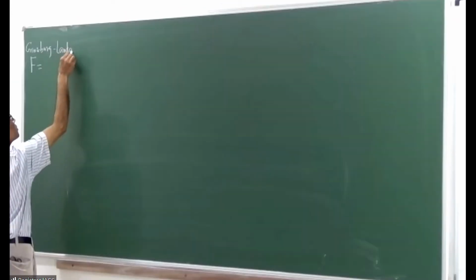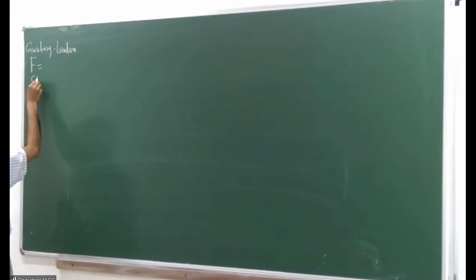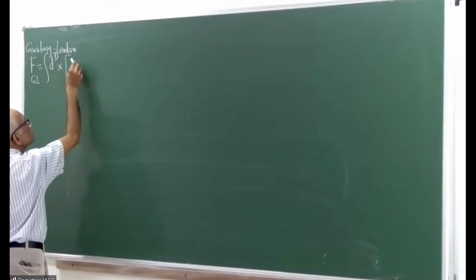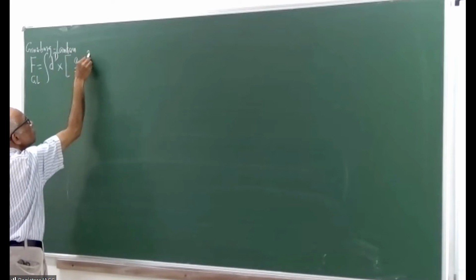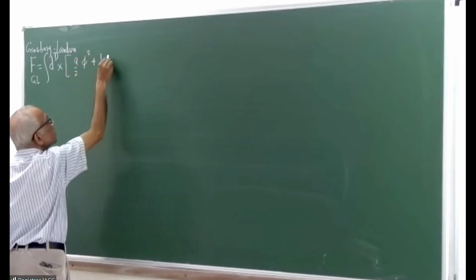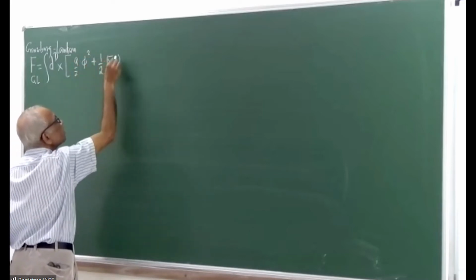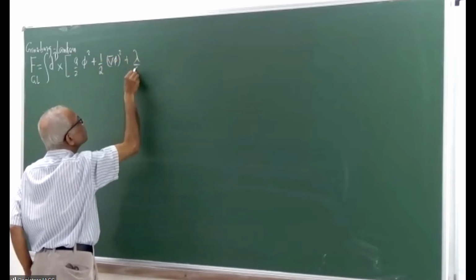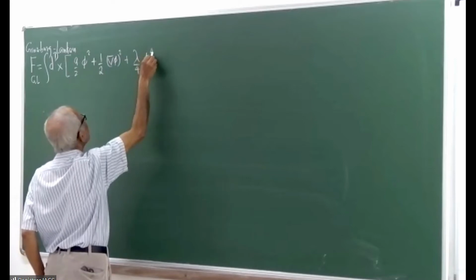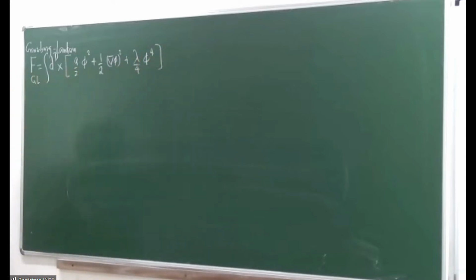We were talking about F_GL, let's say, in a d-dimensional space, so integrated over all space. It is A over 2 phi squared plus half grad phi squared plus lambda over 4 phi to the fourth. This is for a scalar